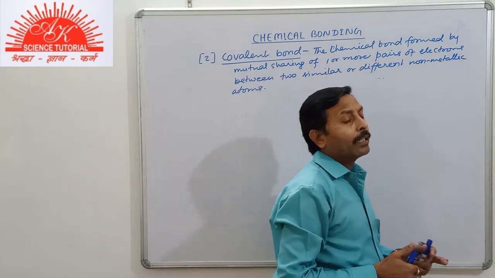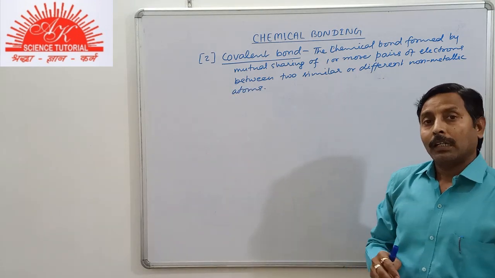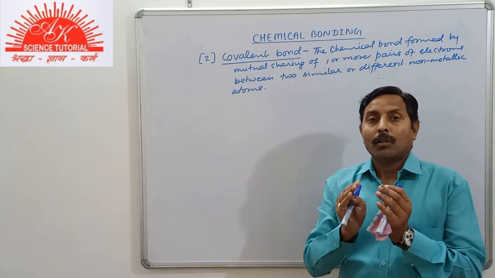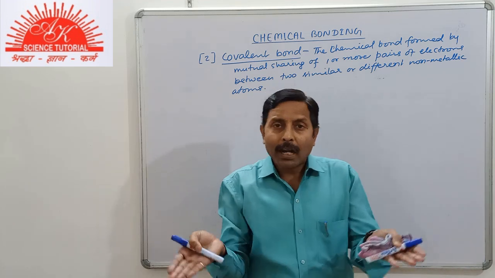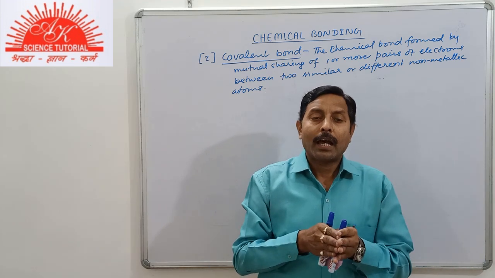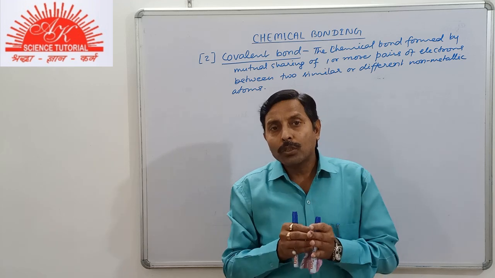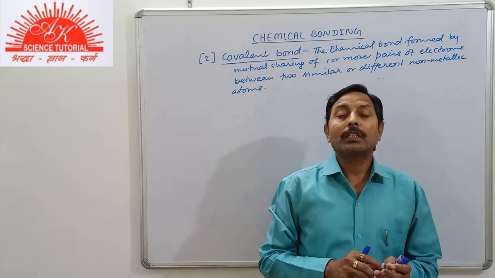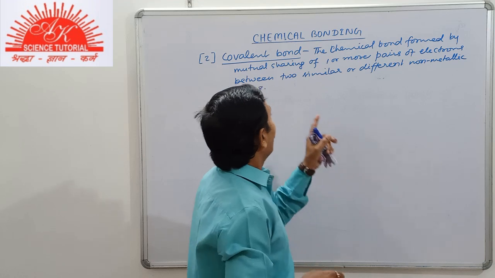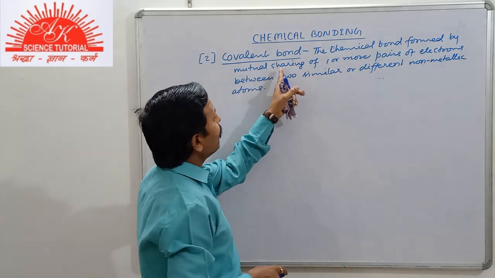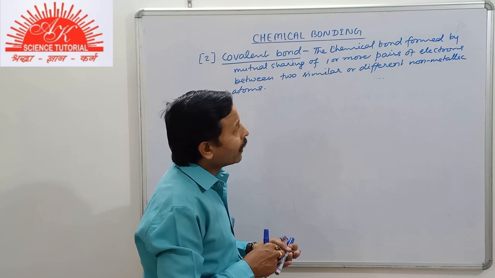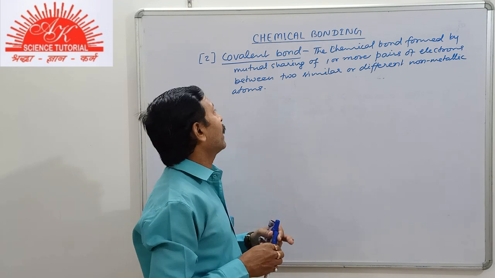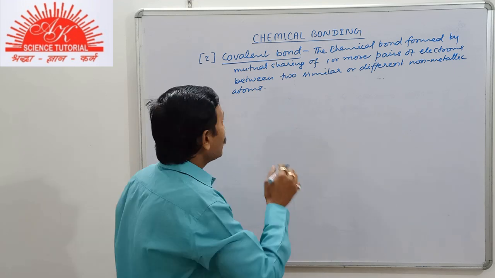Now you see here, in the definition it is given that it is formed by mutual sharing. That is, both the atoms will contribute their electrons for sharing, and they are used for stability by both the atoms involved. This is called a covalent bond. As you have seen, it is formed by mutual sharing of one or more pairs of electrons between two similar or different non-metallic atoms. Because as you know,